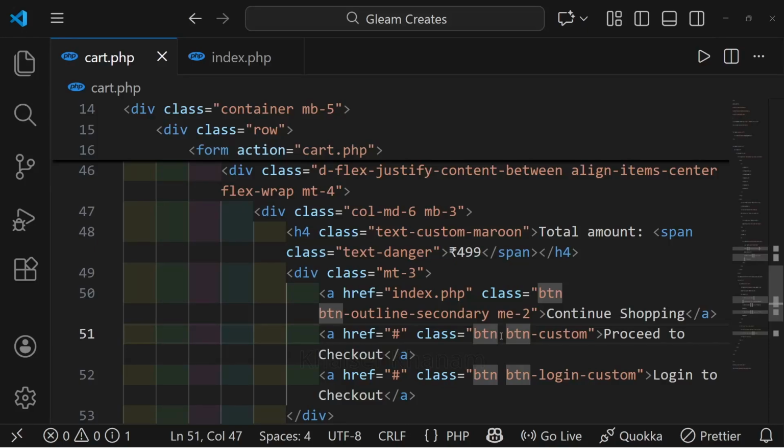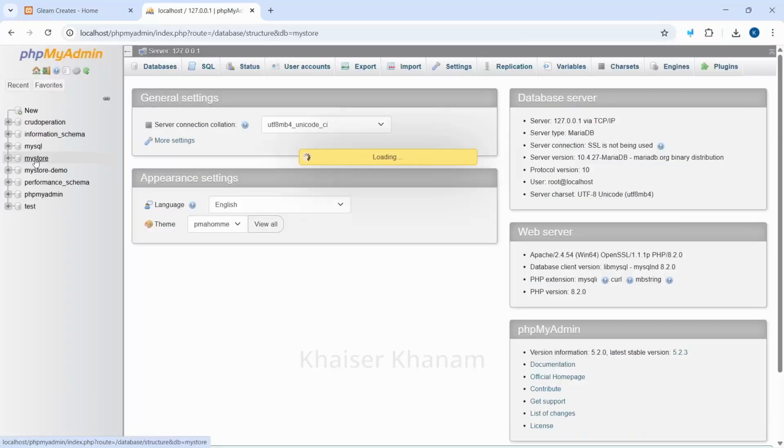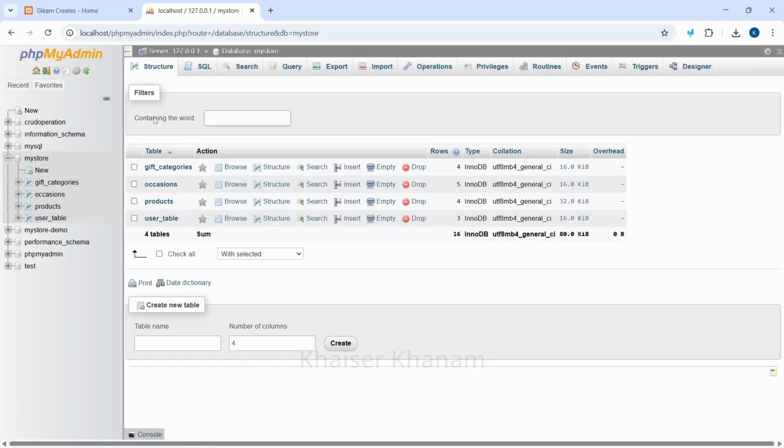In the previous lecture, we successfully created the static structure of the cart page. Now in this lecture, we are going to write the cart functionality. Before writing the cart functionality, let us create one cart details table. Open the database, and inside this I'm just going to